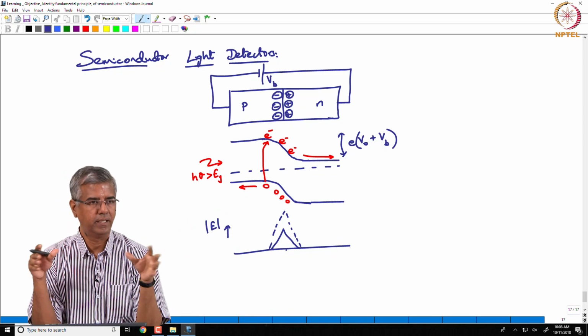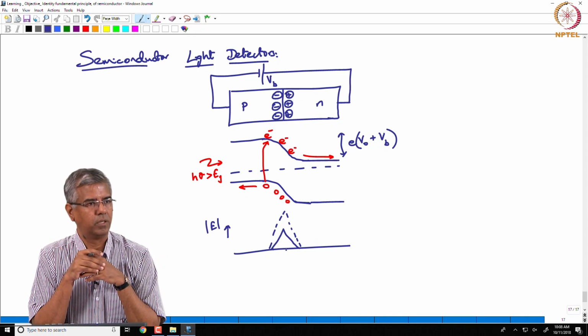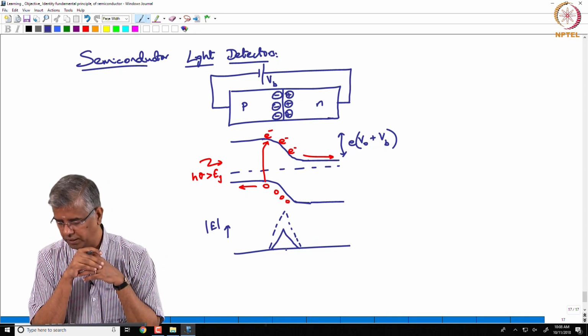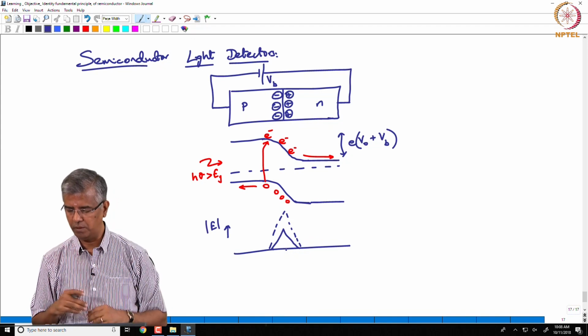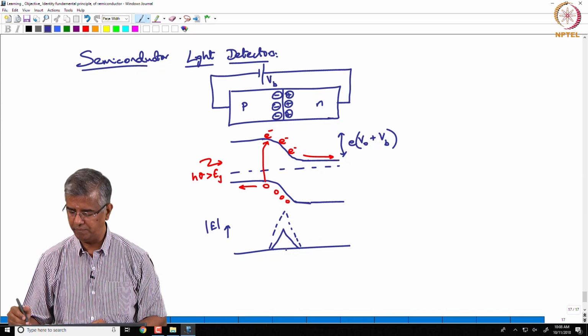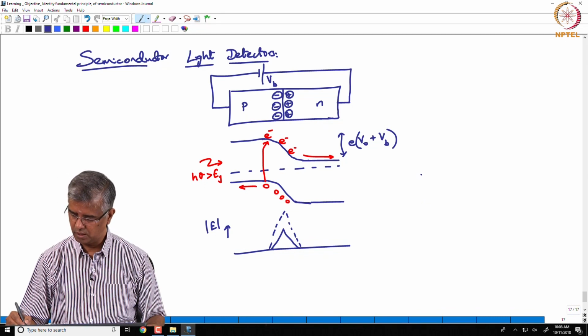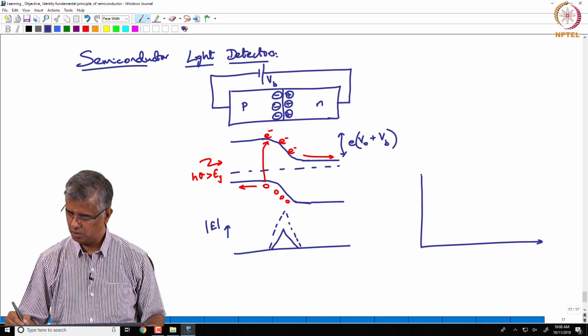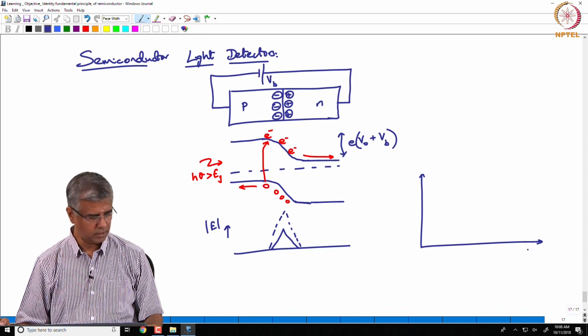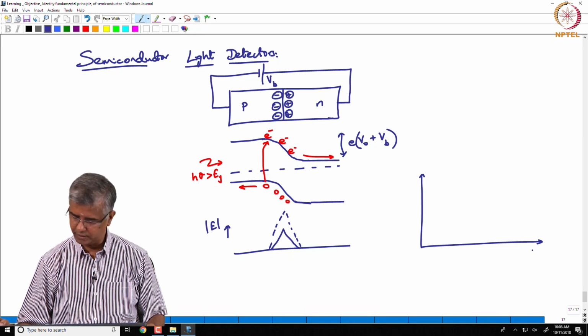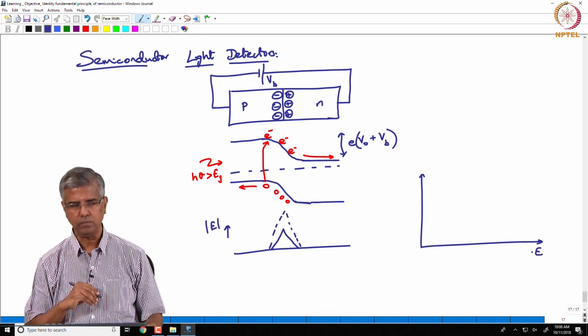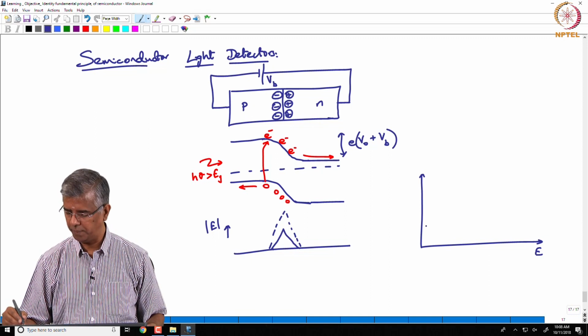The mobility is increased because of this external field. And when we talk about mobility, we talk about the velocity of these charges. When we look at that as a function of the electric field,